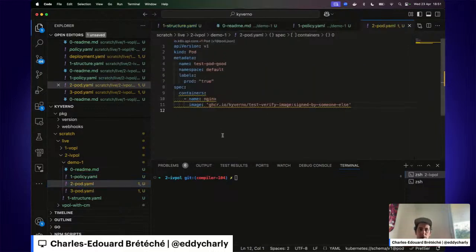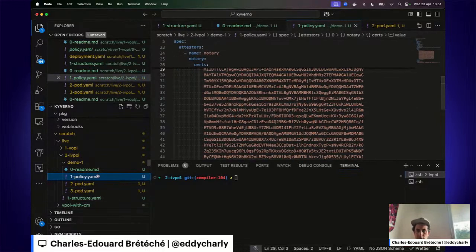And then we will first try to create a pod with an image having a tag signed by someone else. And of course, we signed this image with another certificate, not the one present in this policy.